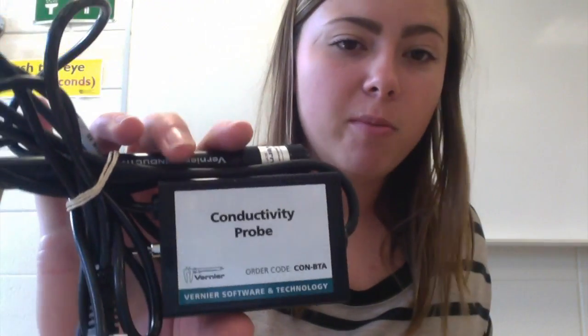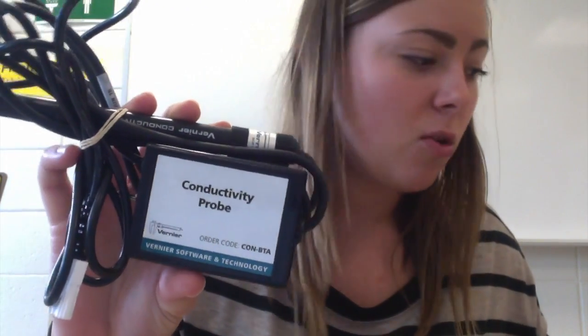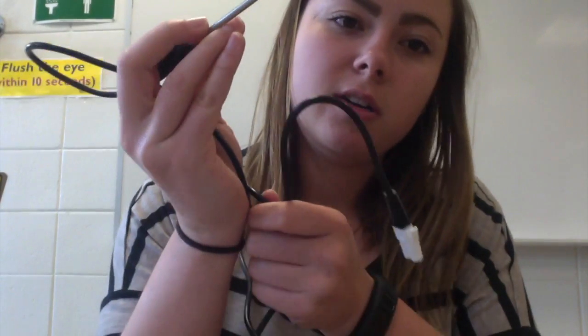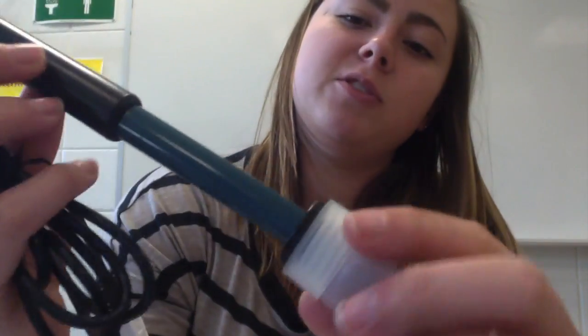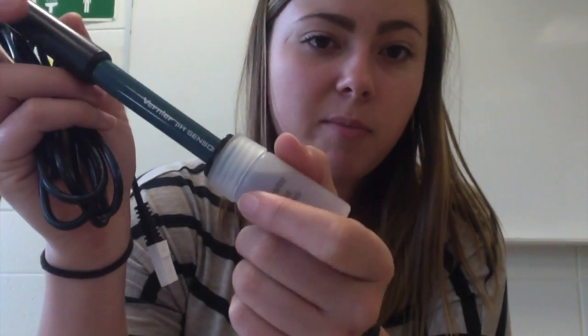be showing you how to use some environmental probes to collect some data. This is an interface device that allows you to plug in different measuring instruments to record data in one place. There are 3 different probes. We have the conductivity probe, which measures salinity or the salt content of a solution. We have a temperature probe that measures the temperature, and we have the pH probe, which measures how basic or acidic something is, which is what we're going to